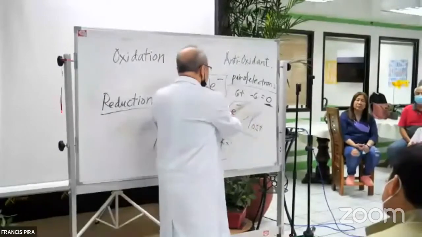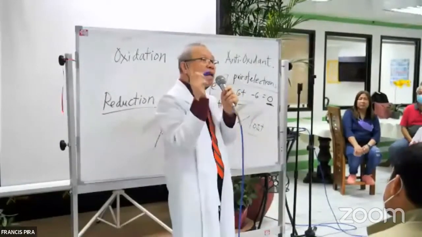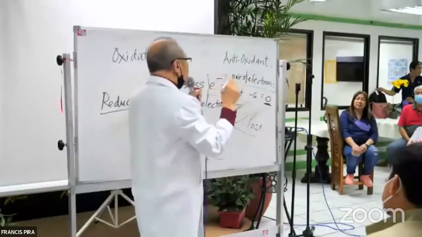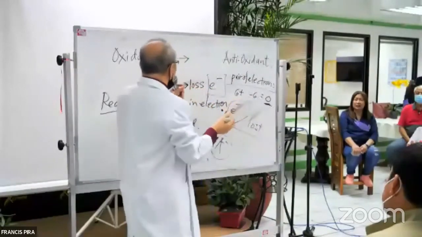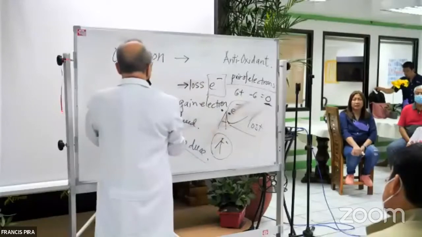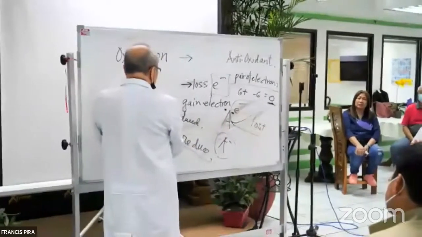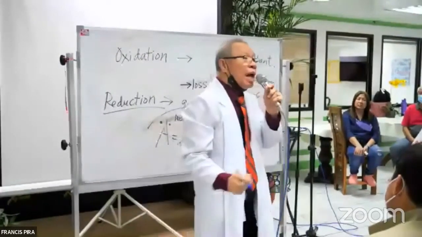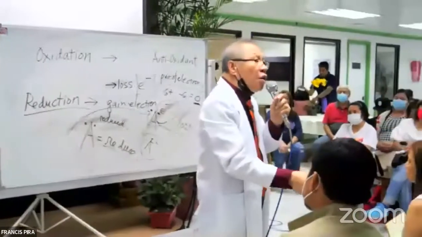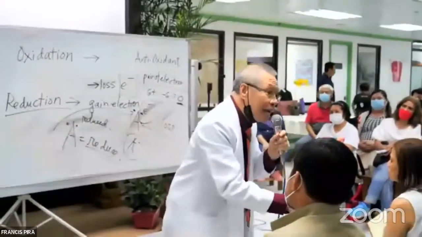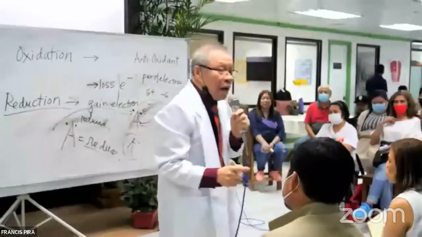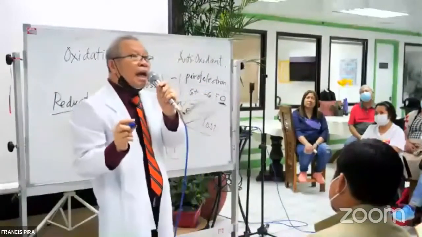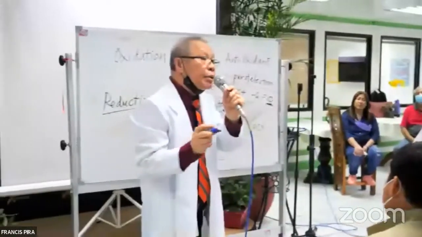Now a free radical is a molecule that lost its electron. And a molecule that will supply the electron is the reduced molecule, because it has an extra. It can donate an electron and it will become an antioxidant. Any donor of electron is an antioxidant. And the molecule that we are going to introduce to you is actually a very rich electron donor.